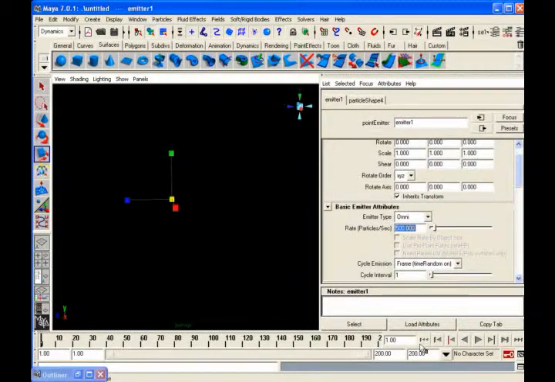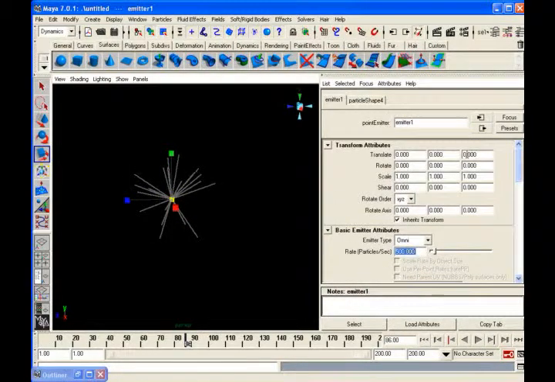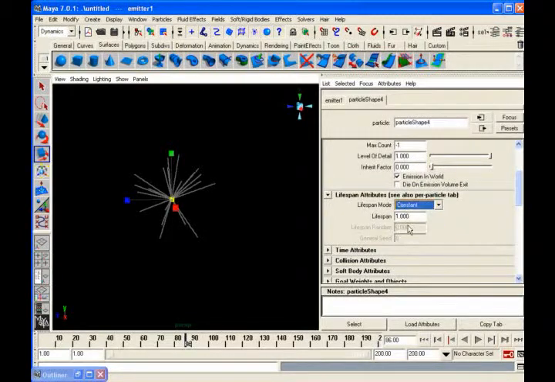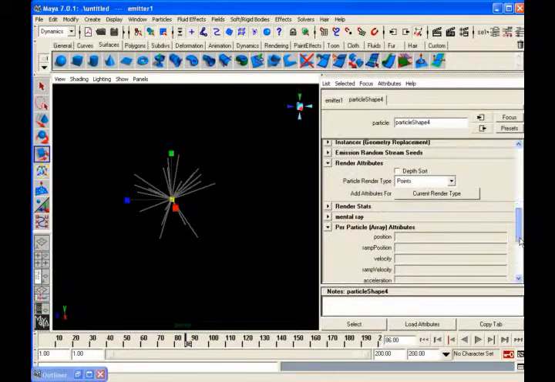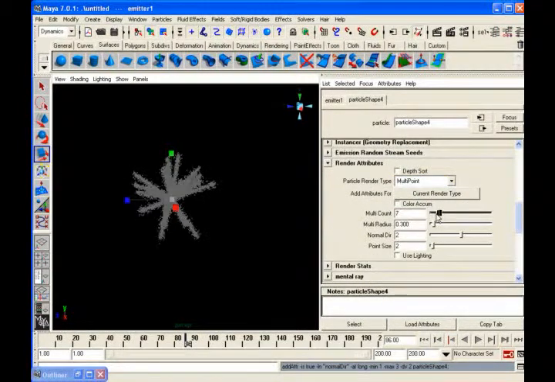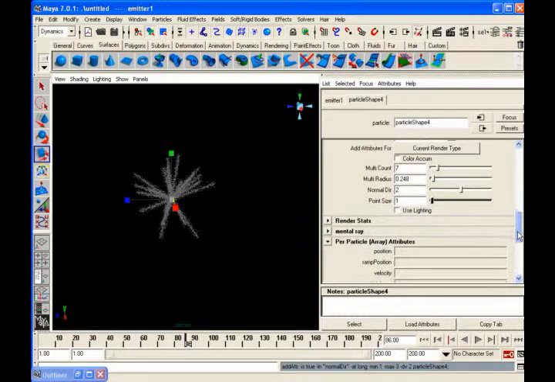So I'll go for constant value or random constant, and I'll say almost after 4 seconds you die, and with a random range of 2. And then I'll say these are multi points, less point size. Then I can apply a turbulence field so that they will bend.